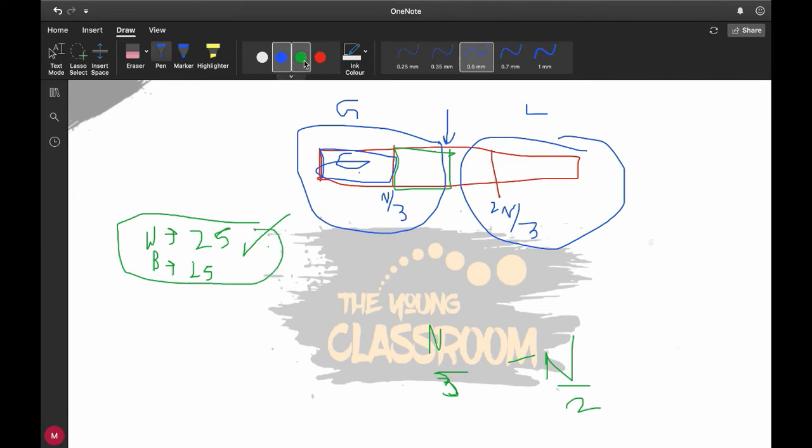Now in the better approach, for the worst case we are removing 1/6 of the area, but for the best case, instead of 1 by 4 we are removing 1/3, which is quite a significant change. So this approach is an approach for 100 points, and for the code, first try and code it yourself. If you still don't get the code, see the link in the description below.